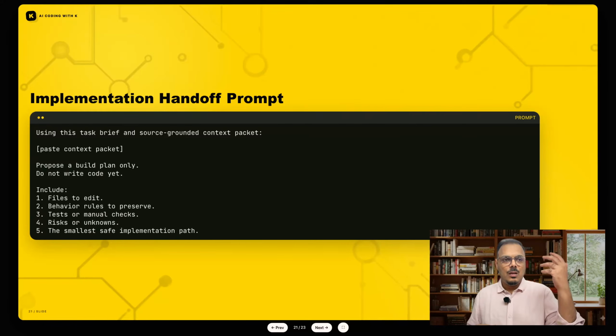Okay, so this is a quick draft of a handoff prompt. This prompt you can give to the AI to build your agent context packet. Okay, the prompt goes as: using this task brief and source grounded context packet, you give the context packet. Okay, and you build a plan. Okay, which files to edit, what are the behavior rules. So this prompt is going to help you build the